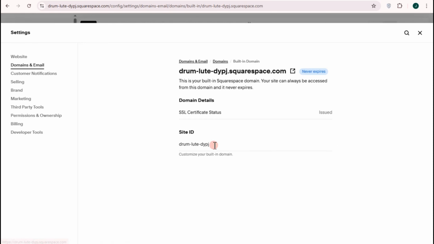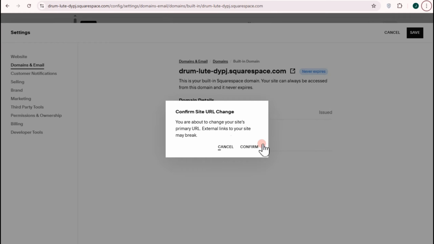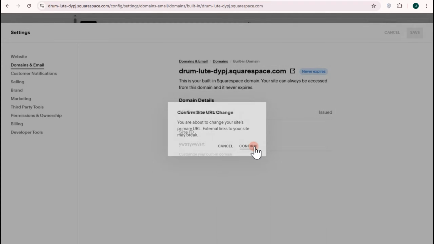And then here below, you need to add your subdomain. All you have to do is to remove, add. After that, tap on the save button at the top right corner. Now you need to confirm and then wait for a couple of seconds, and that's it. You have created a